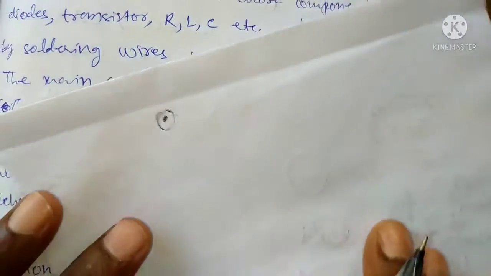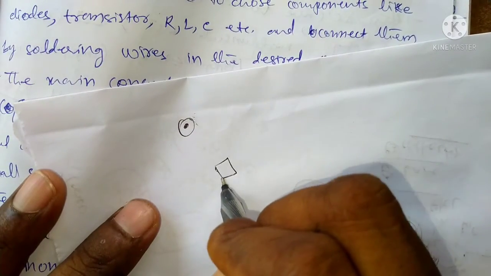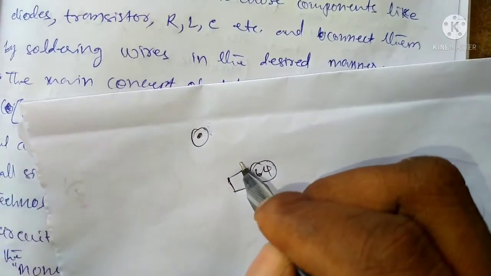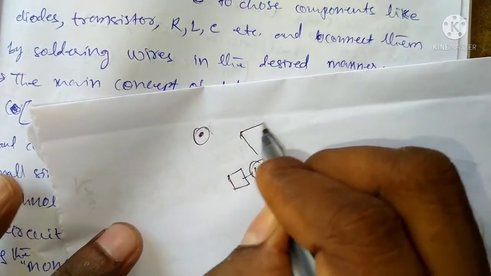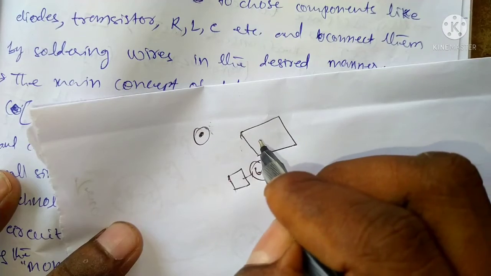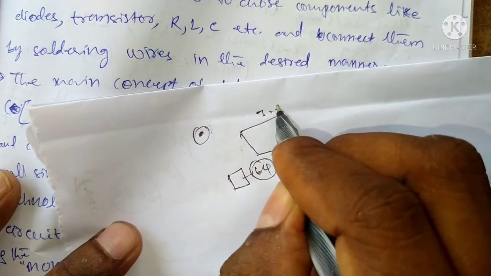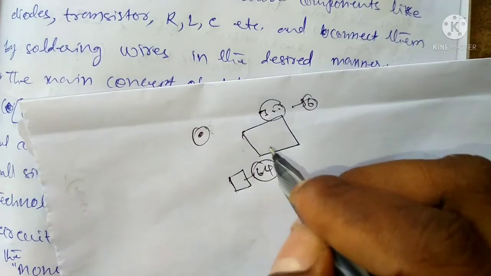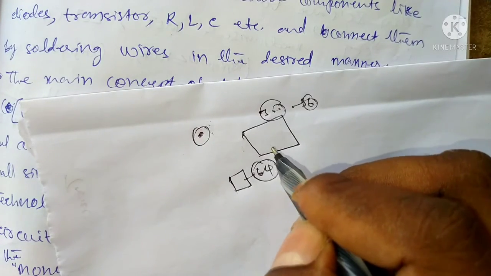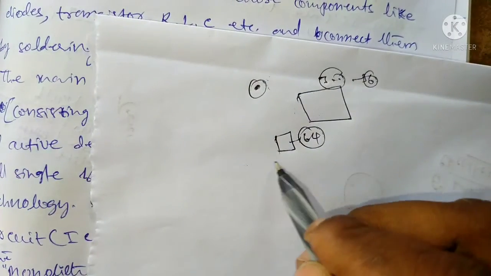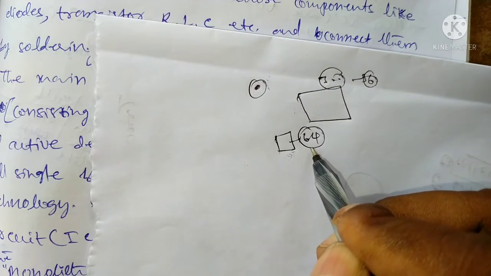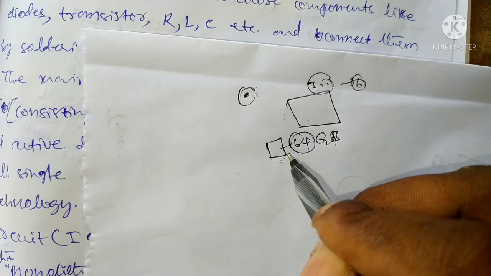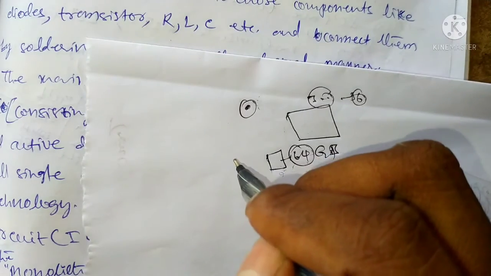Circuit means, suppose, a memory card. This is only a small memory card, and it has 64 GB. Before 20 years, a small-size memory card was also not there. Memory cards were only 3 GB, 4 GB, up to 64 GB, and that meant large size with very little memory. But nowadays a memory card of 64 GB comes in a small size.